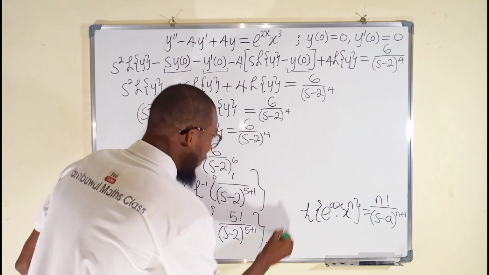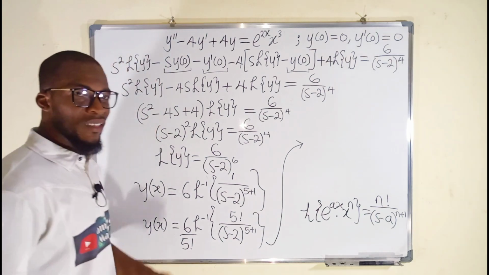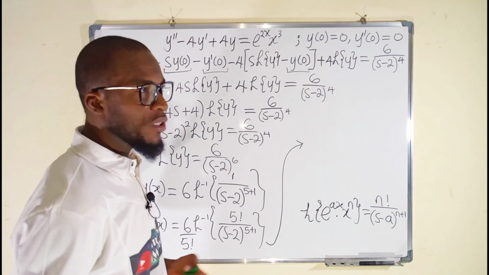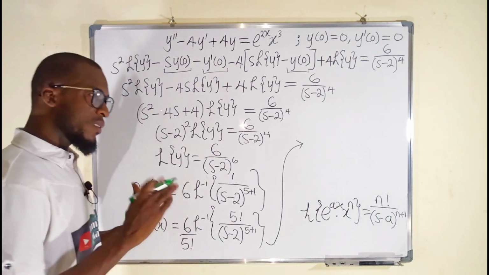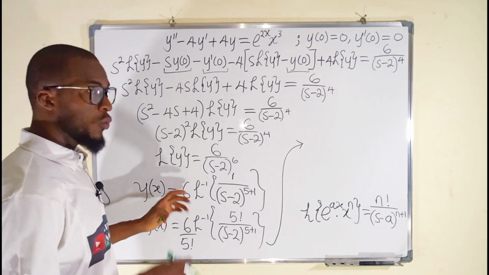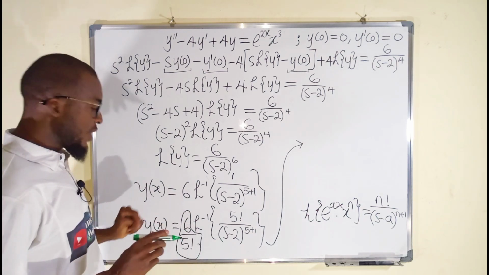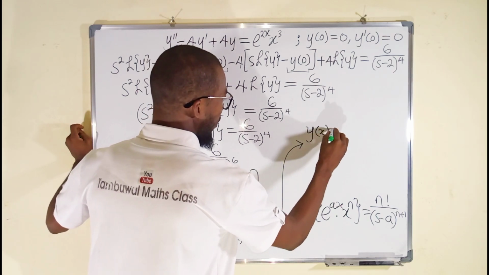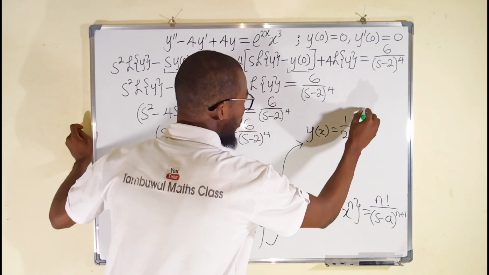So from here, our final answer will become, but 5 factorial, remember it is the same thing as 5 multiplied by 4, which is 20, multiplied by 3, which is 60, multiplied by 2, which is 120, multiplied by 1 is still 120. But 6 can go into 120 20 times, so we have 1 over 20 here. So y of x is equal to 1 divided by 20, then multiply by,